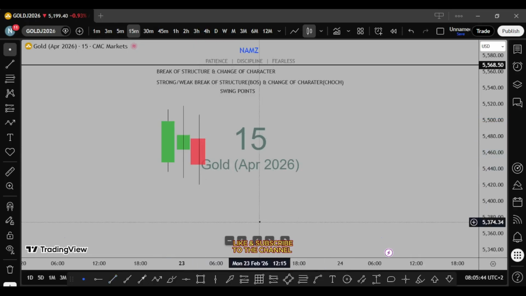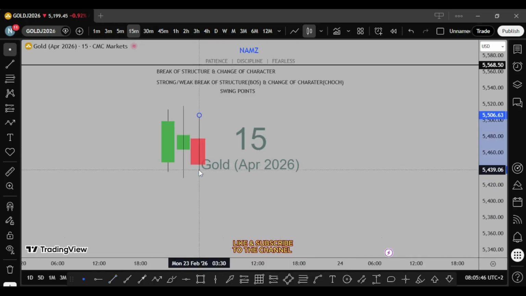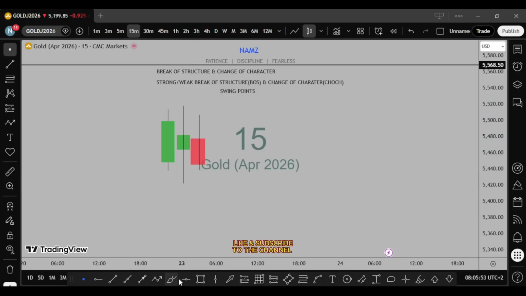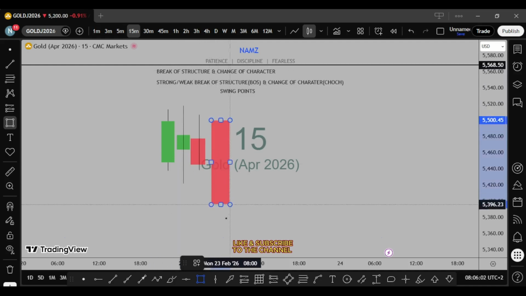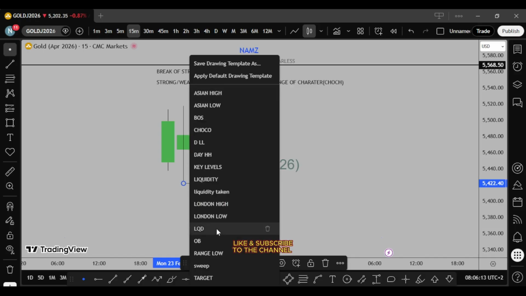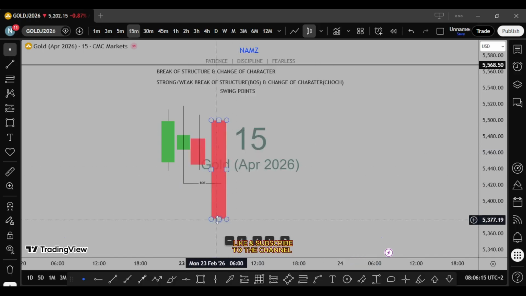So what is a strong break of structure? For a strong break of structure, we need to see a body candle close below this low or above this high. This confirms the break of structure is strong, or that we have a valid break of structure. But if it happens like this,